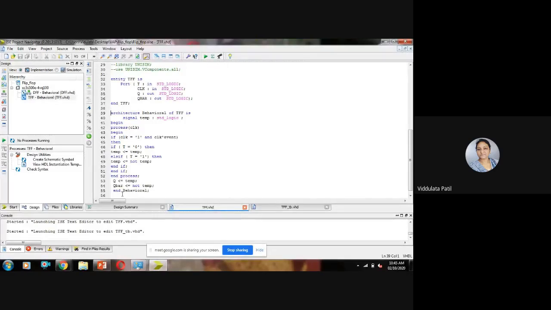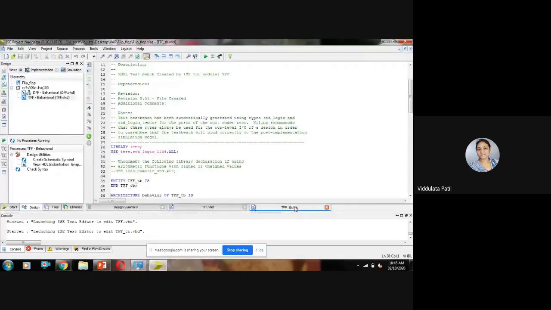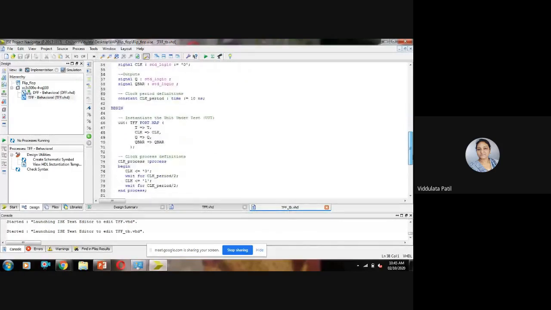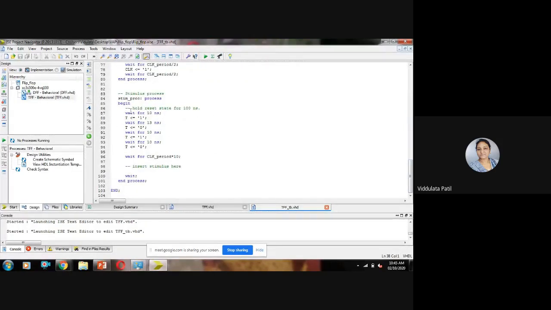So already we wrote this program in the last session, but we found an error while simulating this. It was your homework to tell me what is the error in that code. So this is the test bench. I think we have declared all this, and we have stimulated all these inputs after certain time periods.